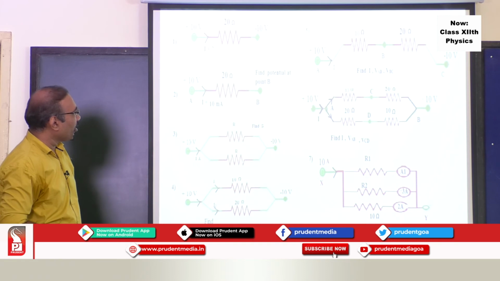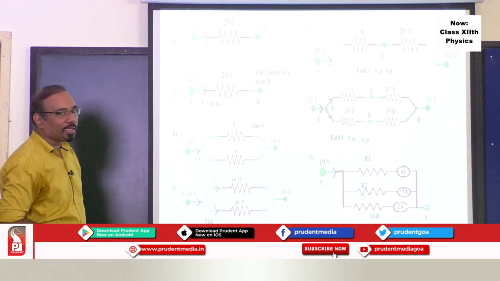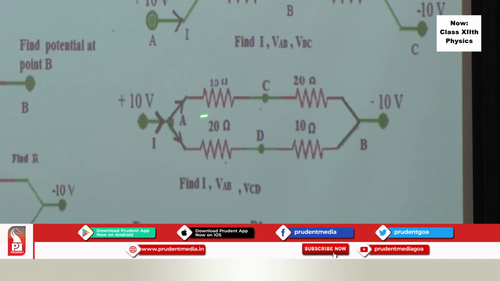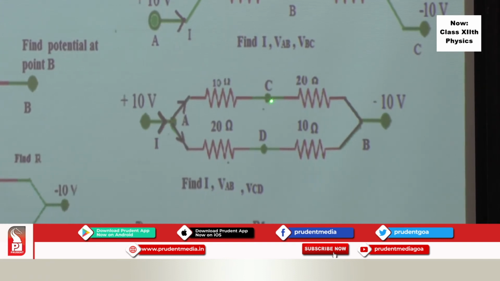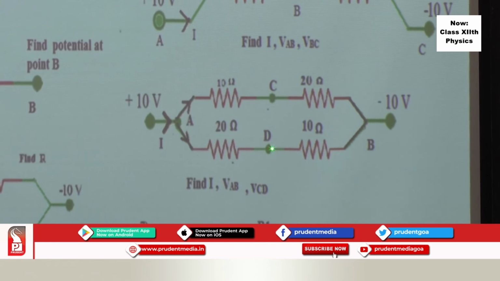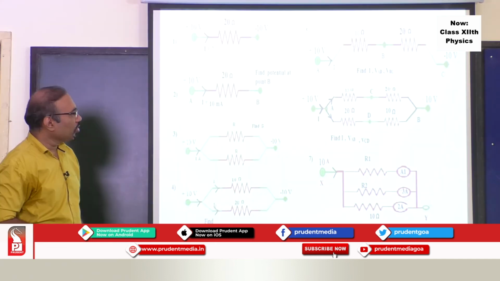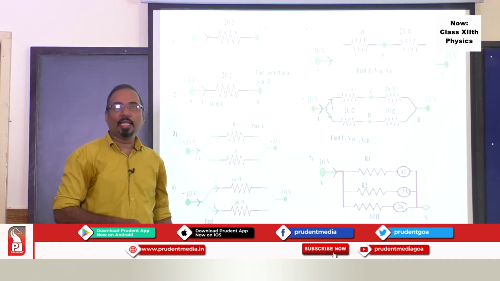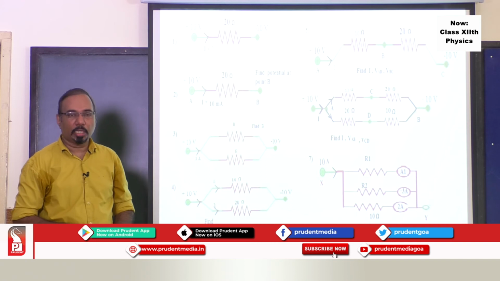Then if you are asked to find out in this circuit, this becomes now more complicated. So if you want to find out the potential difference between C and D, then find the potential difference between A and C, find the potential difference between A and D, and then the potential difference between C and D will be the potential difference between A and C minus the potential difference between A and D. So this you need to solve, you need to practice. Okay, so this type of situation you can practice, go into detail of this. Sky is the limit to solve numericals based on this part.